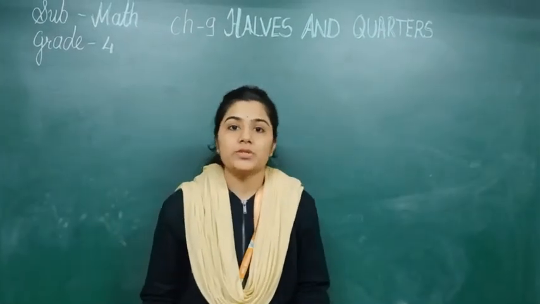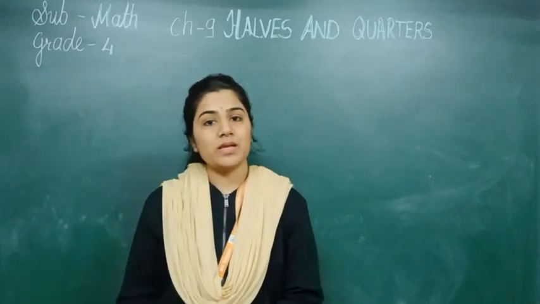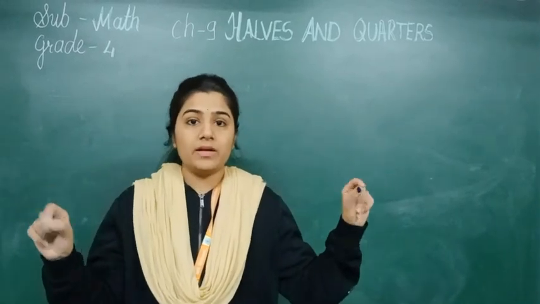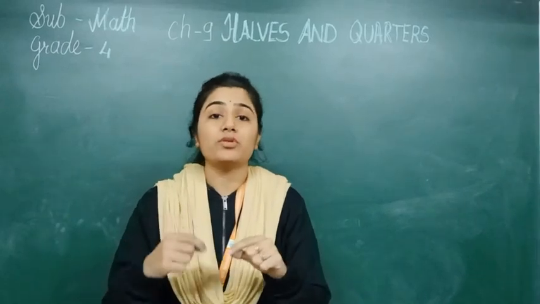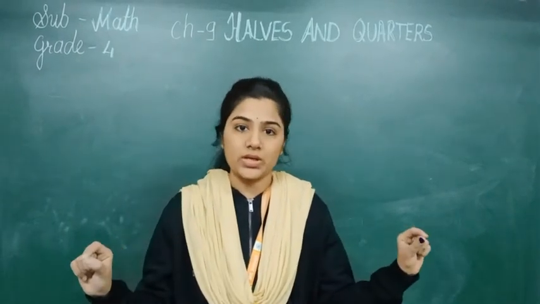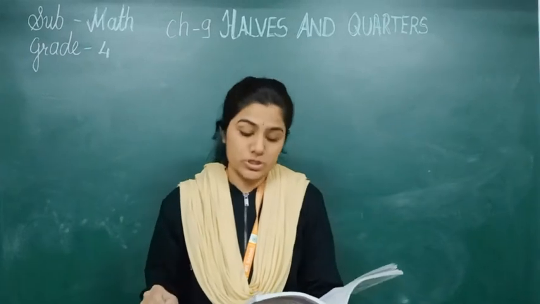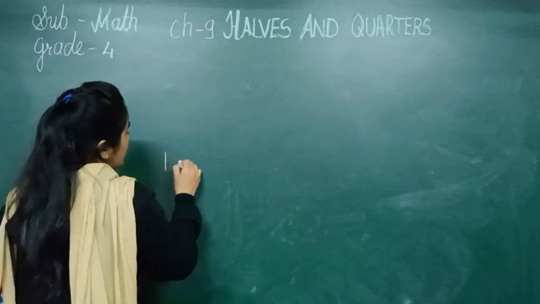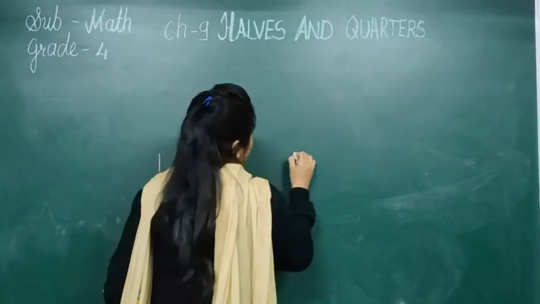So here I have explained question number 13a, which is very easy and interesting. In the same way, question B is also given in your workbook, where you have to take one string and the fractions are given, and you have to show or imagine these fractions on the string. The measurement given in your workbook is 1 meter equals 100 centimeters. I have taught you the relation between 1 meter and centimeters.